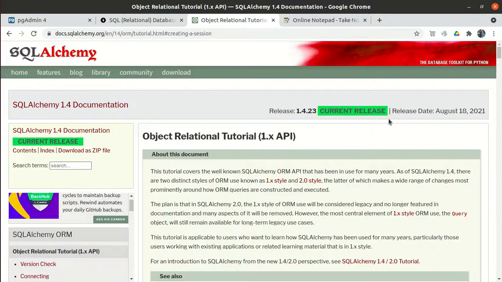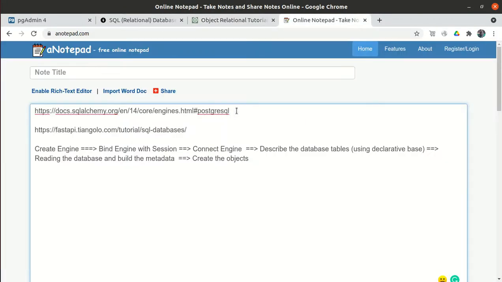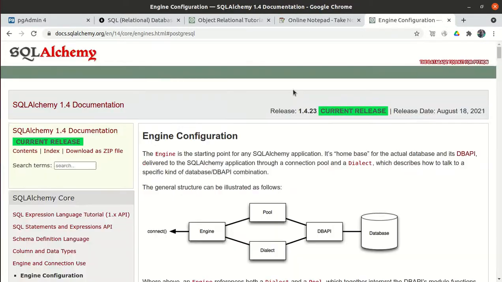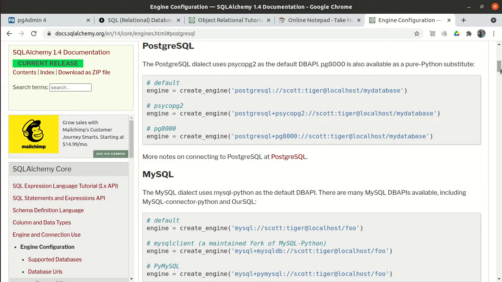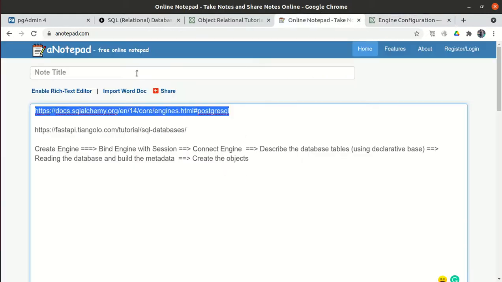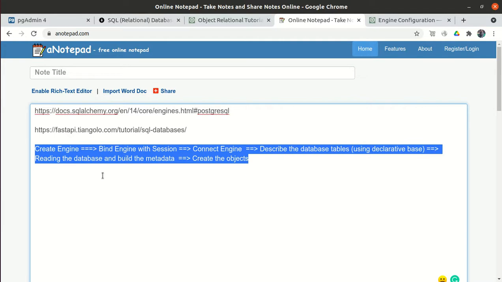First we have to understand how SQLAlchemy works. Let me show you, because if we know how SQLAlchemy works, then we can easily write the code. Basically these are the steps which we have to write in our code as well.